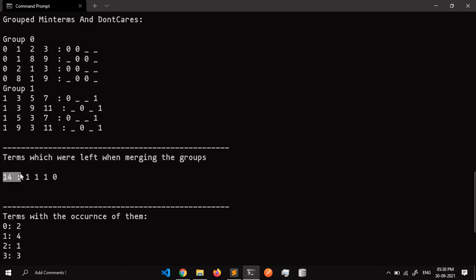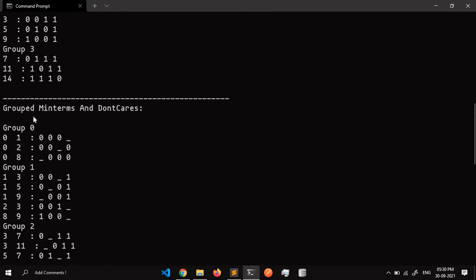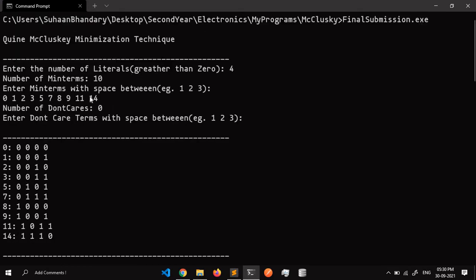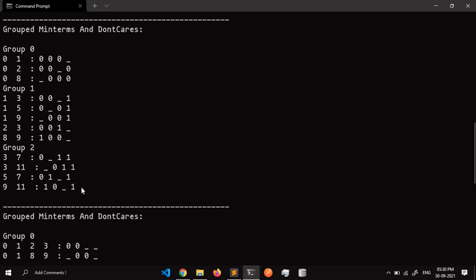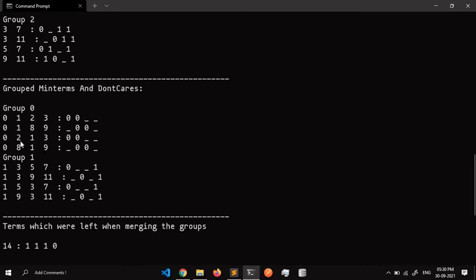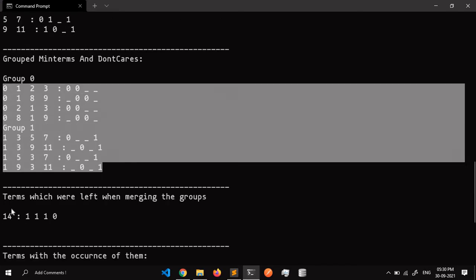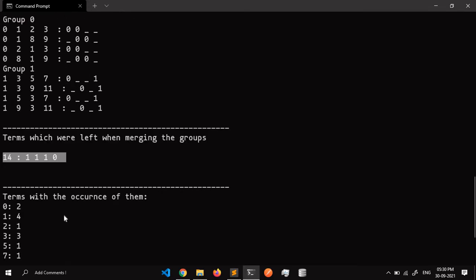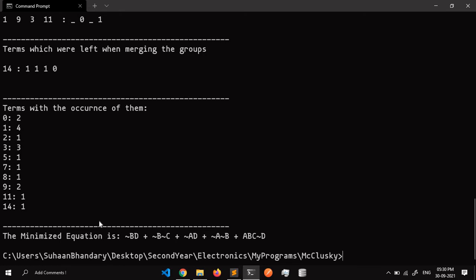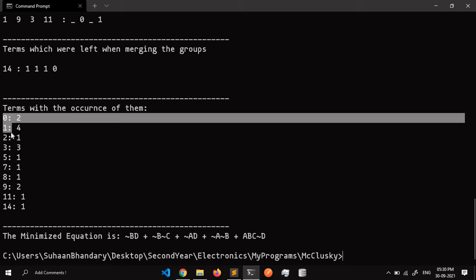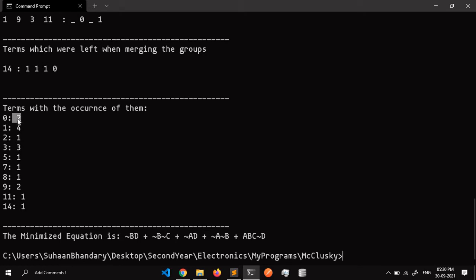Here you can see that 14 was given as a minterm, but it was not seen in the last group here. So we also have to consider 14, and to consider 14 we add that. At last we can also see the table that 0 has occurred 2 times, 1 has occurred 4 times, and so on. And it is the last equation.